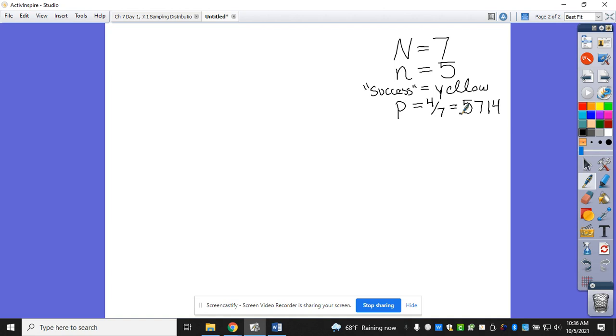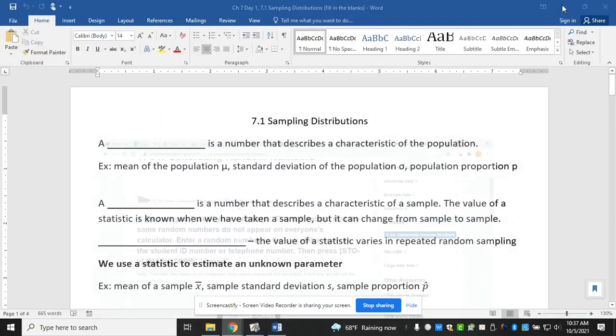All right, so let's be on the side that says simulating as opposed to considering all possible. So we are going to be simulating random samples from the population. I'm going to show you how to do this in your calculator. This time, we don't want to be putting them back once we've selected them, at least for this example. Sometimes we will. So if you go to math and over to probability,